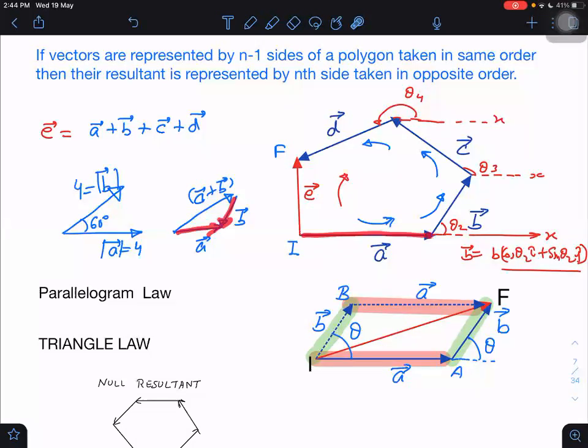How should the vectors be connected? They should be connected head of one to the tail of the second, then head of second to the tail of third, then head of third to the tail of fourth. This will keep on happening till the last vector. If there are n vectors, the same thing keeps happening till the n-th vector. But the resultant at last will be from the first tail to the last head. That will be the resultant. Understood? Yes, sir. That is what I wanted to say in this.